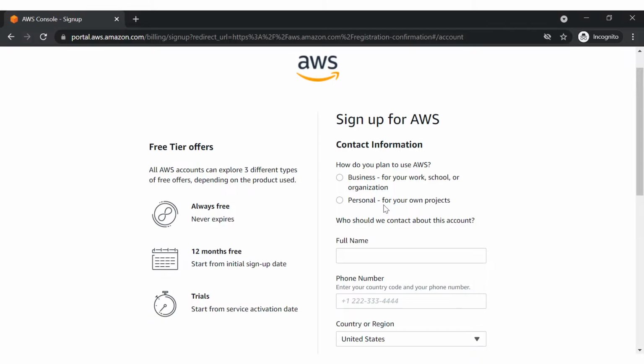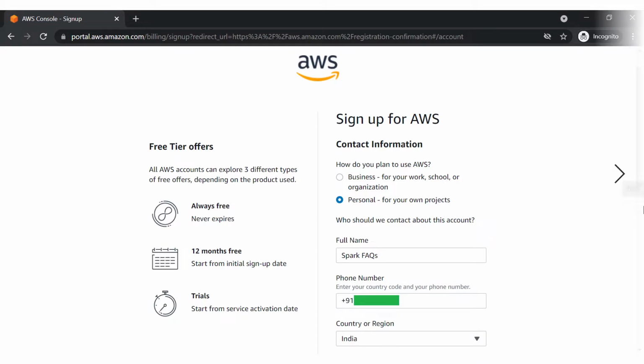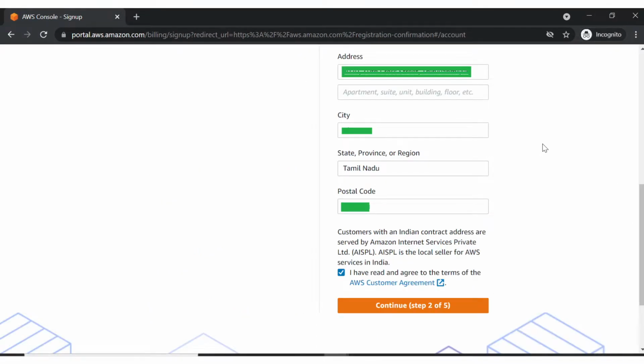Provide your full name, phone number, the country where you live, then the address, the city where you are living, the state, and the postal code. I masked my personal details, so that's why you see the green shaded area. Once you provide all this information, click on continue.